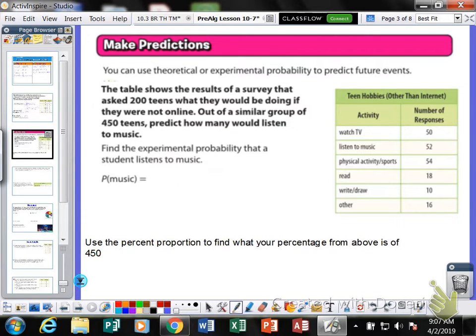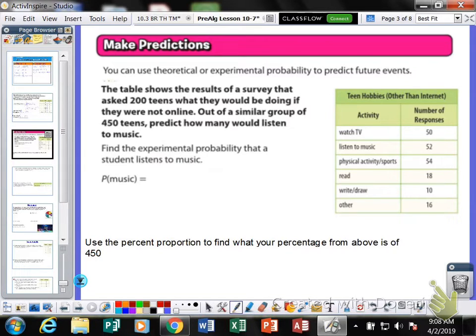Alright, so we want to make predictions. The table shows the results of a survey that asked 200 teens what they would be doing if they were not online. Out of a similar group of 450 teens, predict how many would listen to music. Okay, so first we want to find the experimental probability that a student listens to music. Okay, so first thing we need to do here in order to be able to predict is find the experimental probability based off the